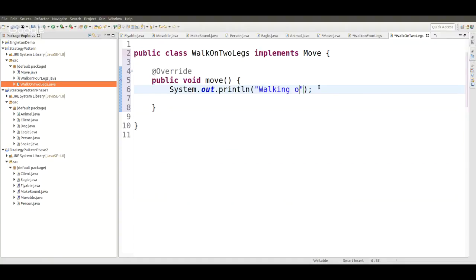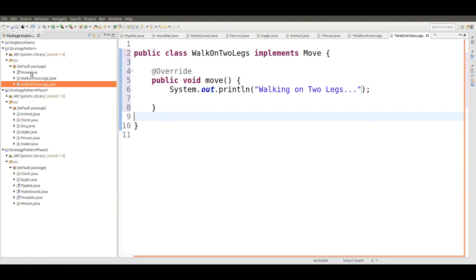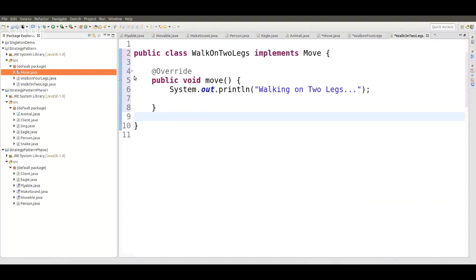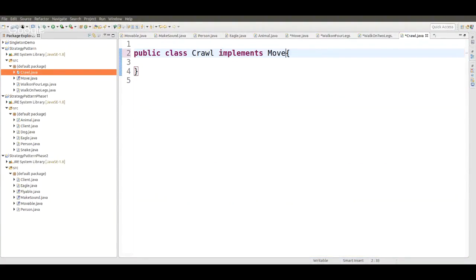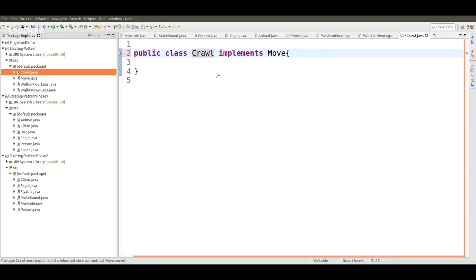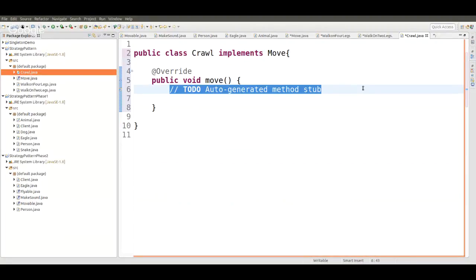Walking on two legs. That'll be what humans will be doing. And we have a snake. We considered a snake object as well. So let's say snakes crawl. Crawl also implements Move, and the unimplemented method is